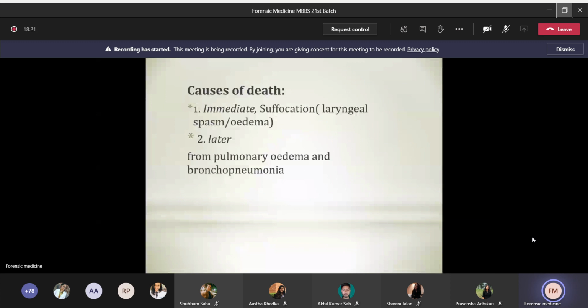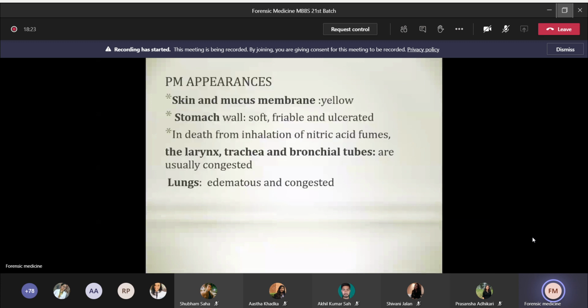Postmortem appearance, external finding. So skin and mucous membrane appear yellowish in color. That is the external finding. And the internal finding, stomach, mucosa of the